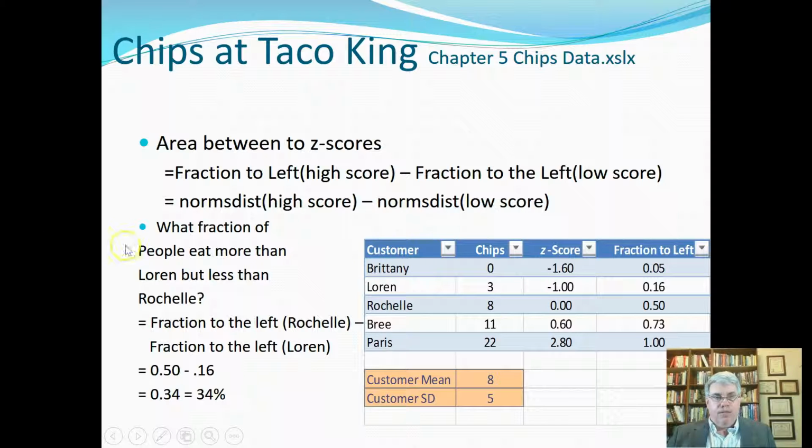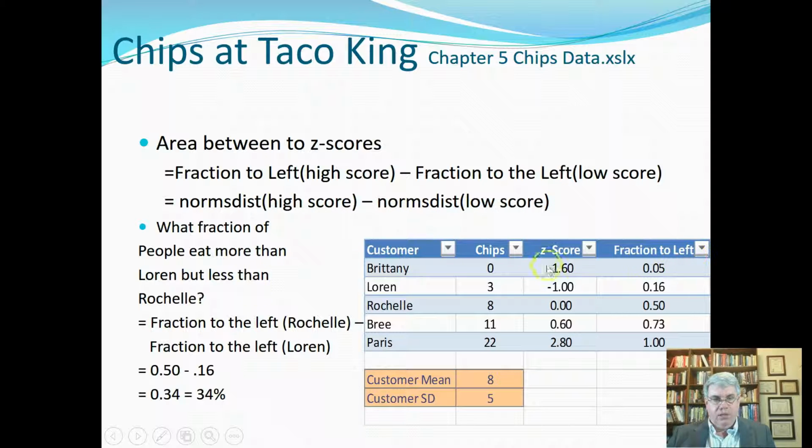Now, our question is, what fraction of people eat more than Lorraine, who eats 3, but less than Rochelle? We want to ask what fraction of people eat from 3 to 8 chips. The way that we're going to do that is use this equation that we were talking about for the area between two scores. It's the fraction to the left of the high score minus the fraction to the left of the low score. So that would be NORM.S.DIST of the high score minus NORM.S.DIST of the low score,